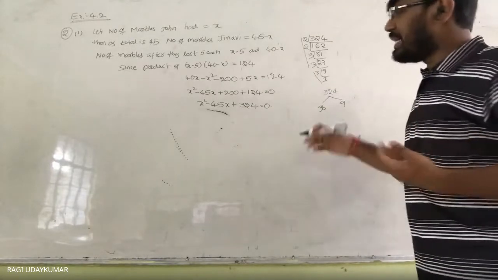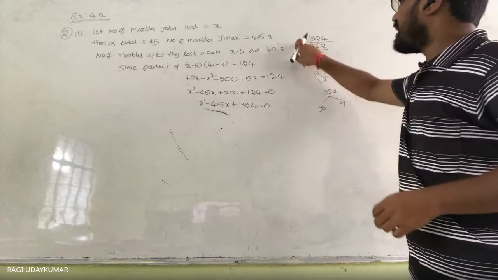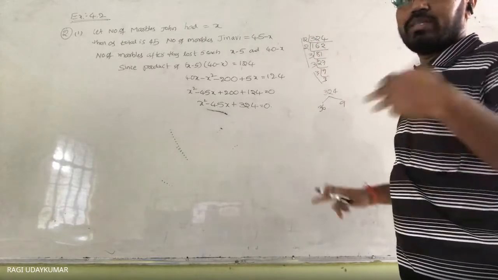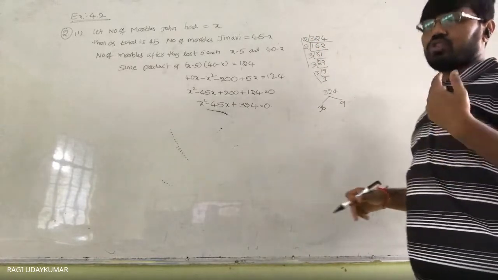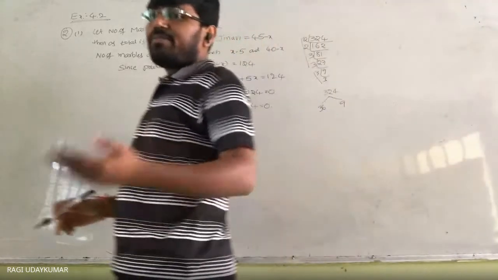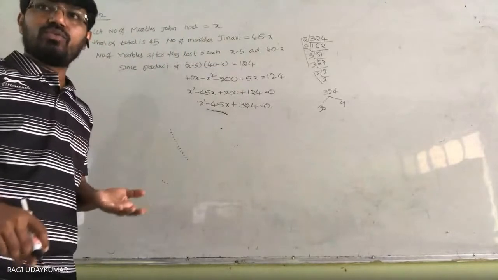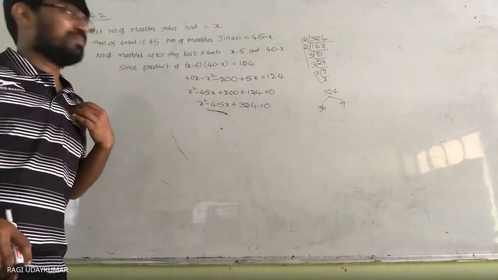So like that, 8, how can you say that 8 is not possible, sir? How did we take 9 means? To get 8 in this, 3 times 2 should be there. It is not available. So that's why 8 is not a factor of this given number, 324. So finding factors is also something you need to know. That's the main thing here.